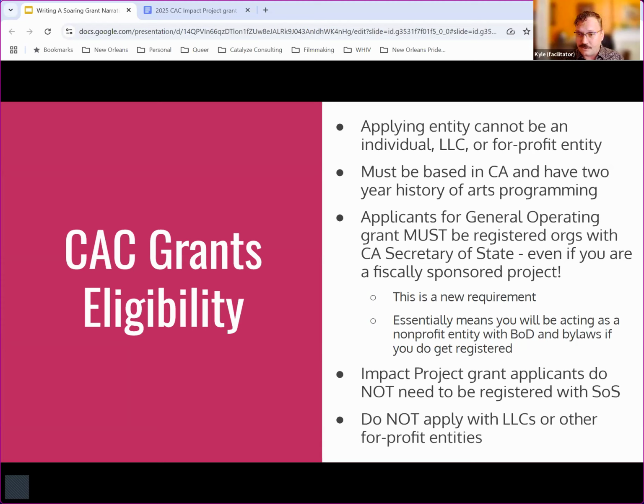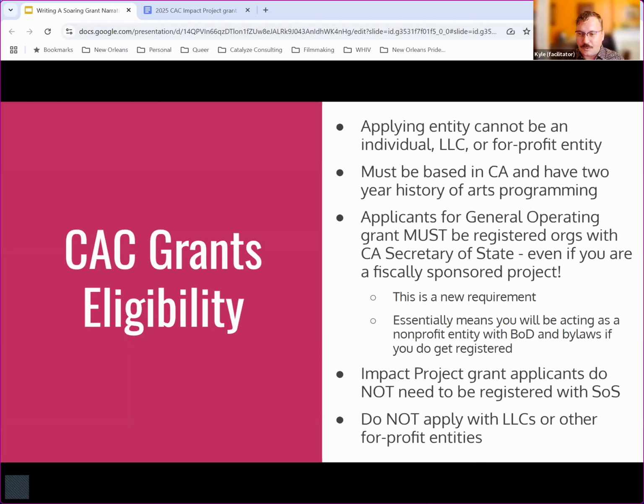If you do want to go for those general operating funds, and you are an IAM affiliate, Lisa wants you to know that if you're interested in going that path, you can reach out to her and she will help guide you through that process and help make it as successful as possible. But I will say, as somebody who's started four nonprofits, full 501(c)(3)s, it's not a small process, and it's not a small amount of paperwork or annual, just overall bureaucratic hoops that you have to jump through.